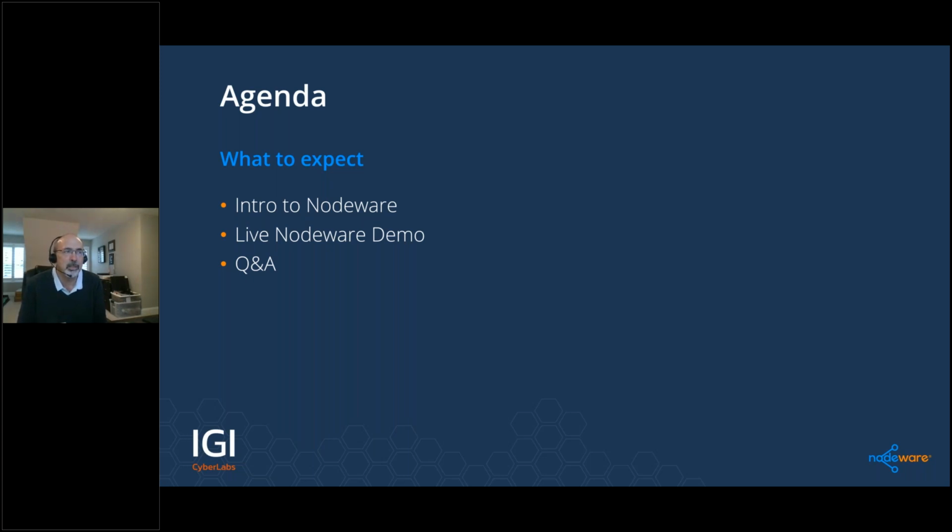There are 5 key features, and you'll see these as Mark, my colleague here on the line, goes through the demo. These are the 5 key features that we like to promote and think are the most valuable. One is truly continuous scanning. This is the product that runs 24/7. There's no need to schedule events or scans.